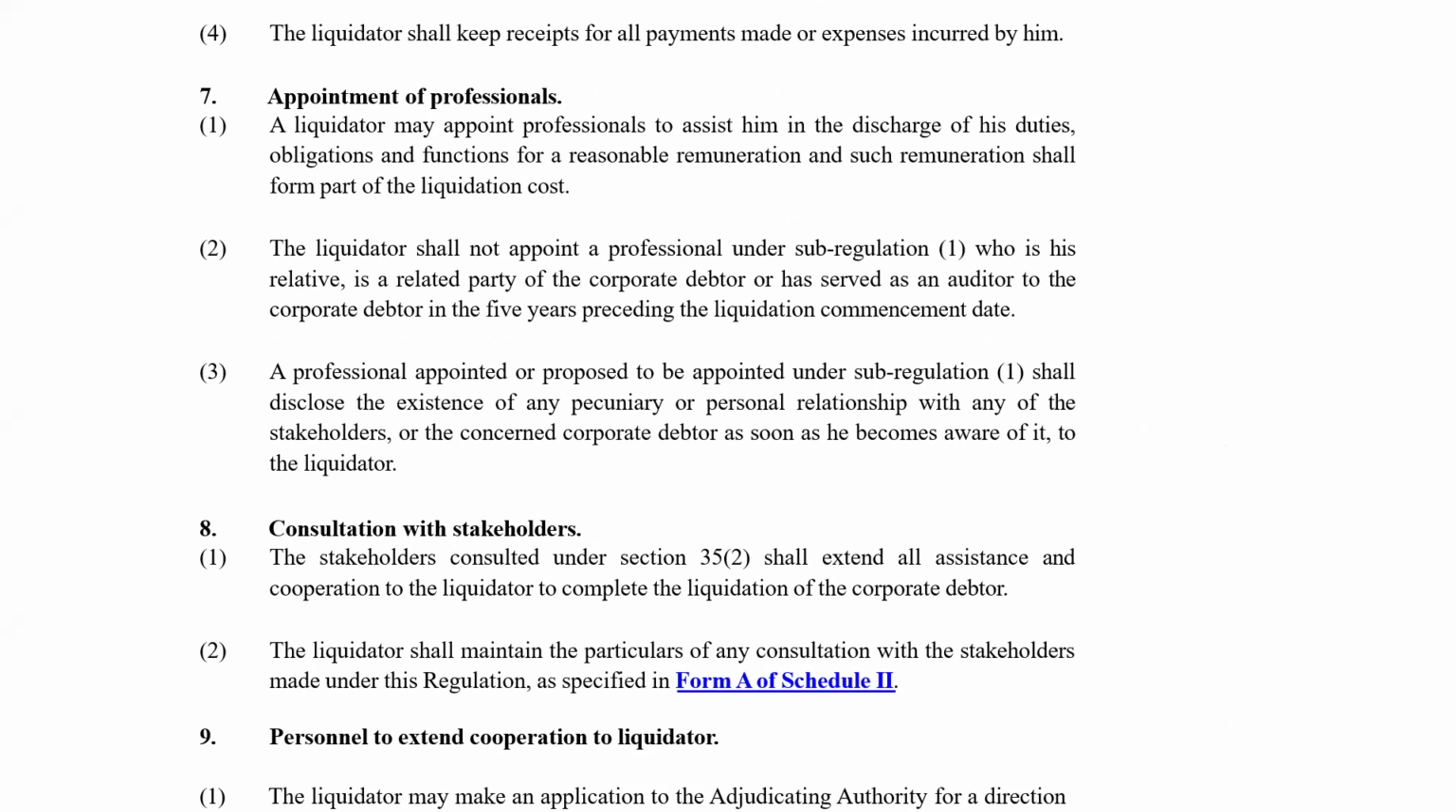The liquidator shall not appoint a professional under sub-regulation 1 who is his relative, is a related party, or of the corporate debtor, or has served as an auditor to the corporate debtor in the 5 years preceding the liquidation commencement date. देखो, इसमें क्वेश्चन क्या आएगा, क्वेश्चन आएगा कि ऑडिटर, वेदर ऑडिटर इज डिफाइंड. द आंसर इज यस. ऑडिटर डिफाइंड है आपका. ऑडिटर कौन है, बेसिकली स्टैट्यूटरी ऑडिटर की बात कर रहा है. सेक्शन 5 में डिफाइंड है